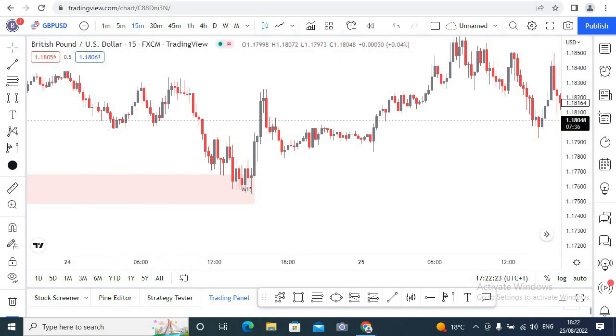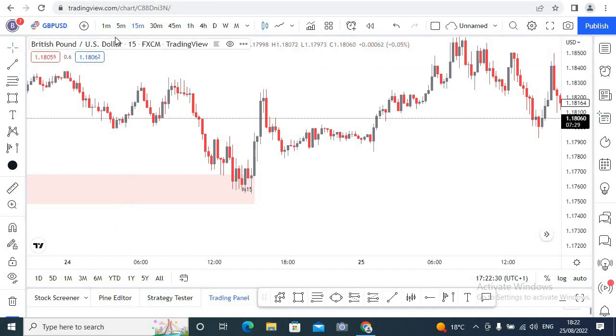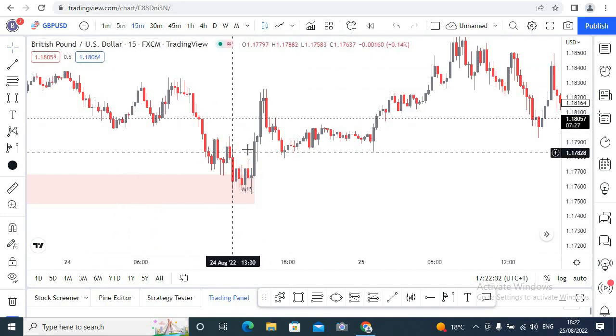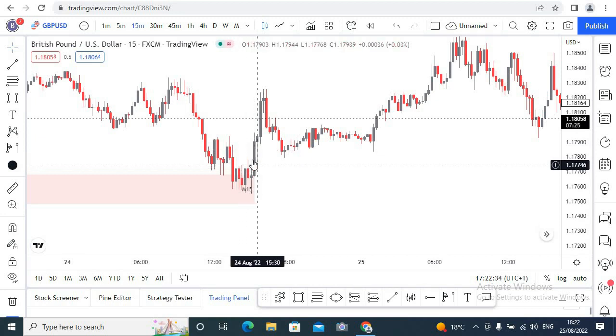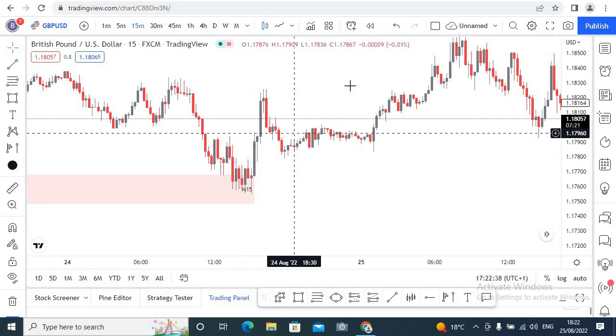Why? Because you miss your entry, right? You miss your entry because of refining. We refined our order block and then we missed it by only 1 pip, and then the price went up,